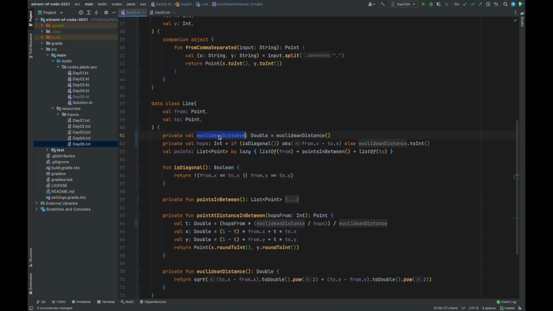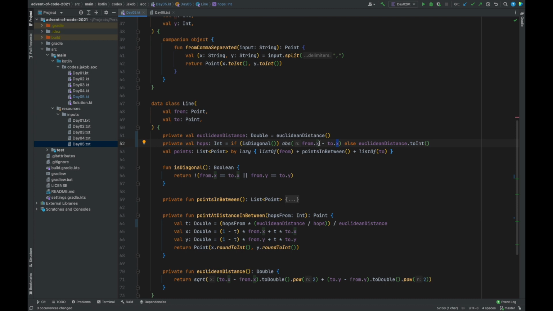Which is not necessarily the same as the Euclidean distance. If you have a straight line, it is actually the same. But if you do not have one, if it's diagonal, this will always be a bit less. So that's precisely what I do here. I say if it's diagonal, then we need a slightly different way to calculate it. What you can then simply do is take the x coordinate of one and the other,